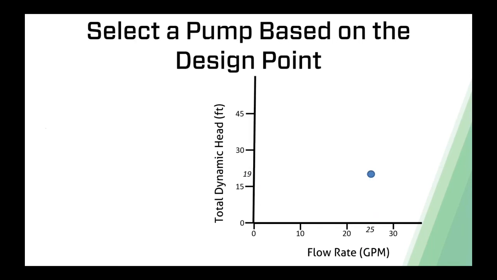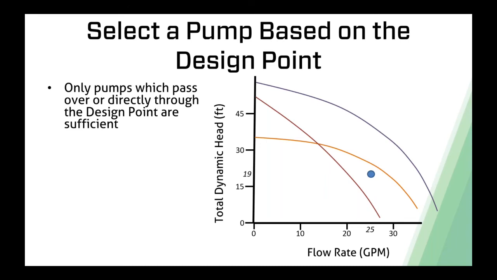So now that we have a design point, we want to pick a pump that can meet that design point, that can meet that performance. So let's imagine then that we have 3 pumps that we're going to consider. That is the design point that we need. We need a pump that's going to do at least 25 gallons a minute against a pressure of 19 feet. So these 3 pumps are ones we're considering, but only a pump that can pass above or to the right of that design point